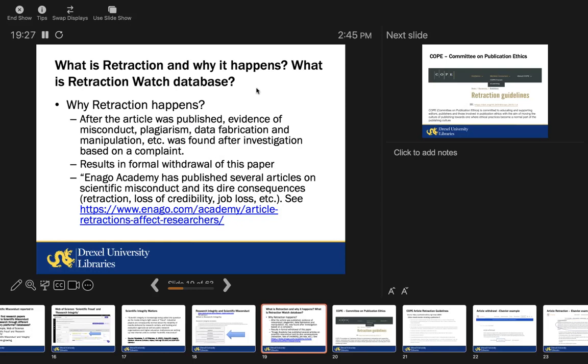And if it is found out, and if it is proven that yes, I did copy that data, what happens is that paper is then retracted. So that is what retraction means. And that has a tremendous impact on your career, because if someone else wants to collaborate with you on a research paper and they see that my paper was retracted, they are not going to collaborate with me again. So there's a lot of impact, and that is still happening today. There's a database called the Retraction Watch database that is growing so fast. So many such things are happening all over the world.